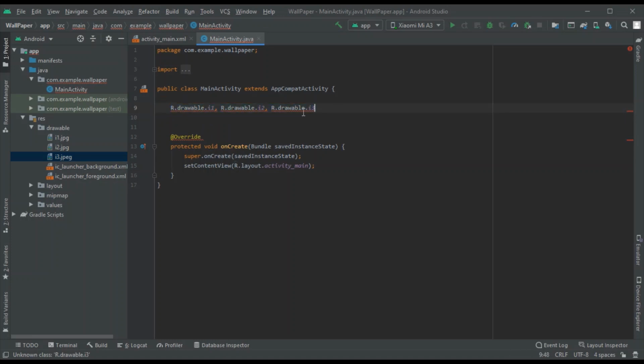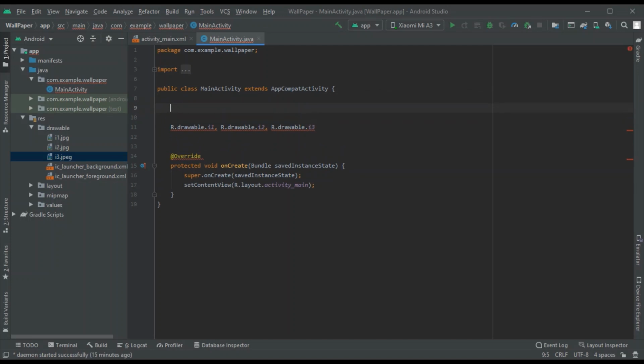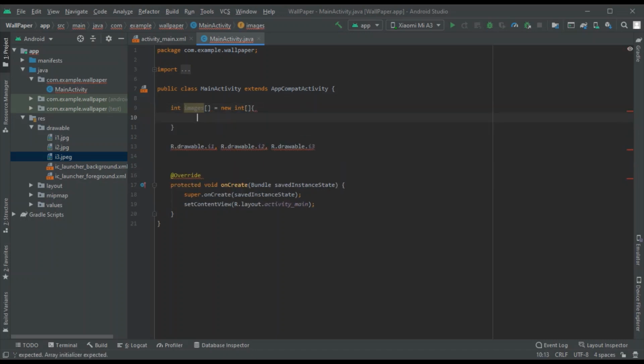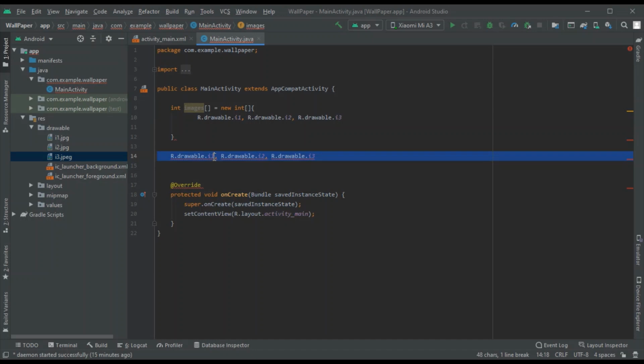To iterate, what you can do is create a new array of images, and here you can place these values. So these are the values which I want to iterate over, right? So I can just place these images over here, right?